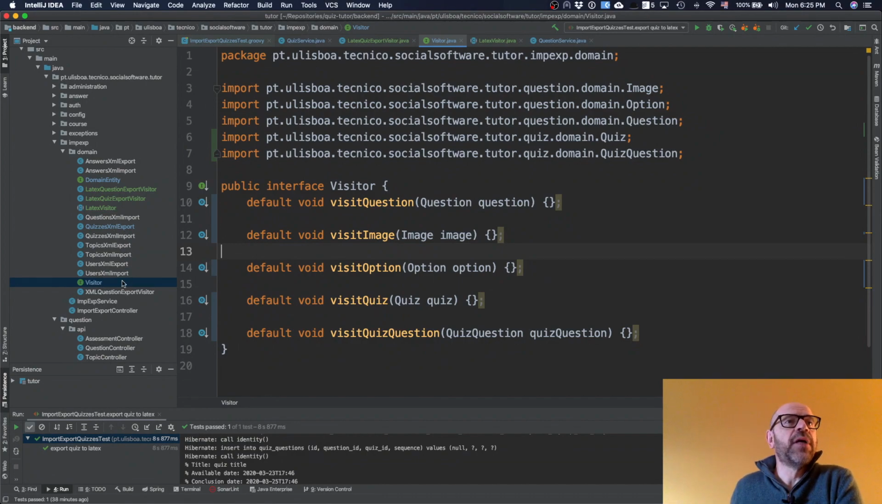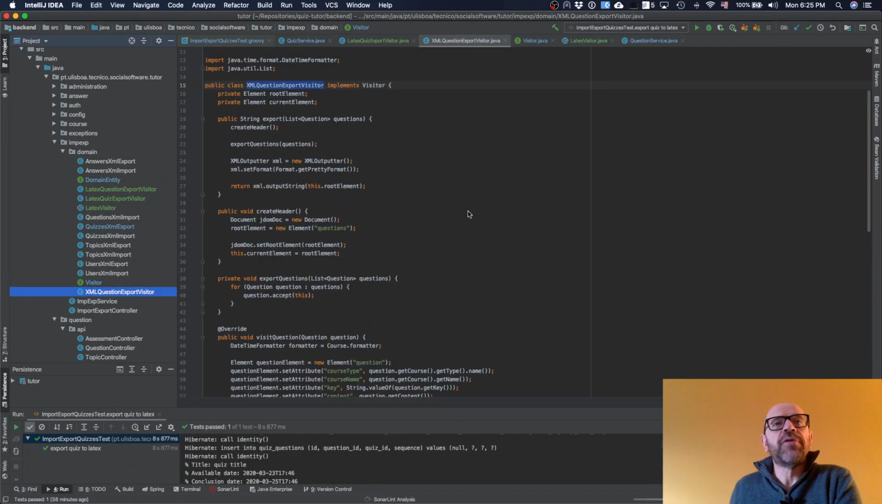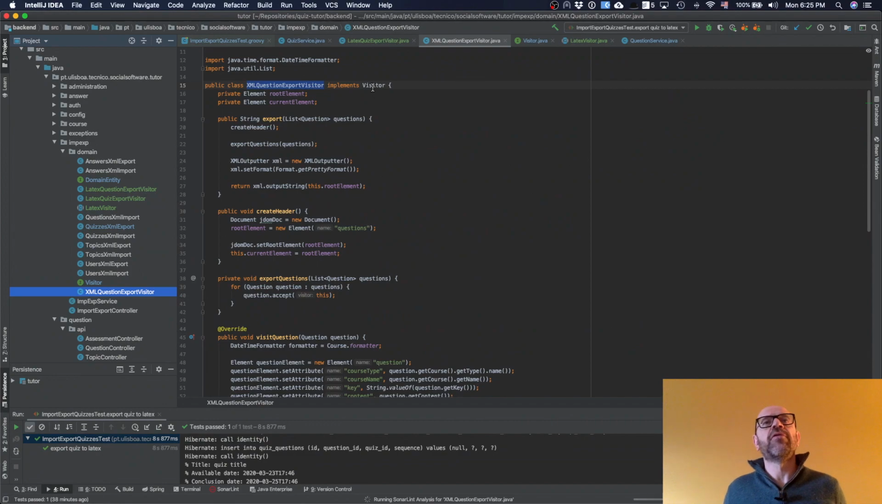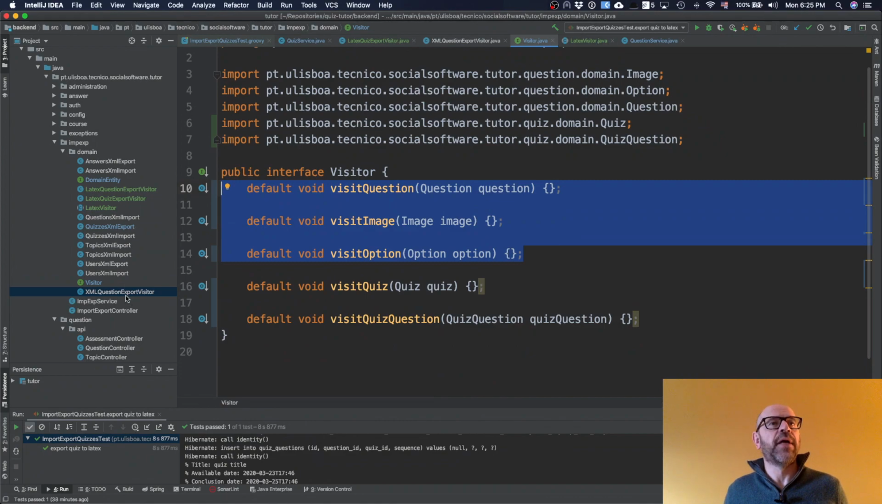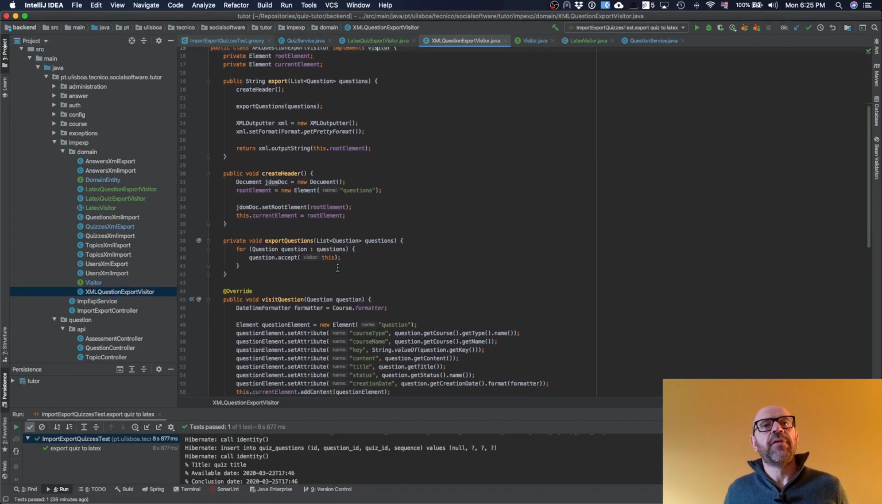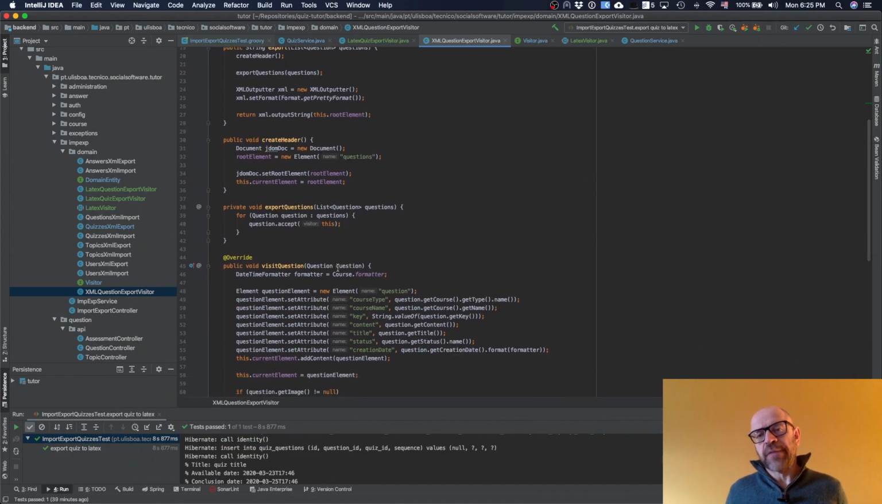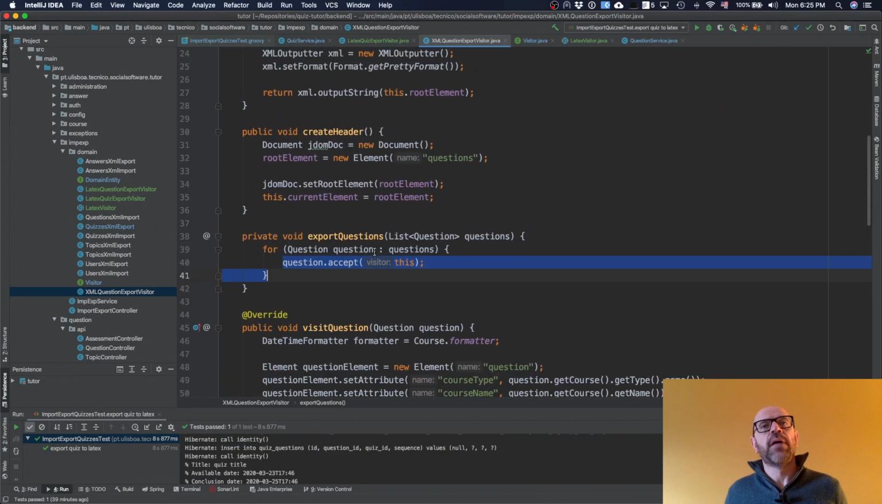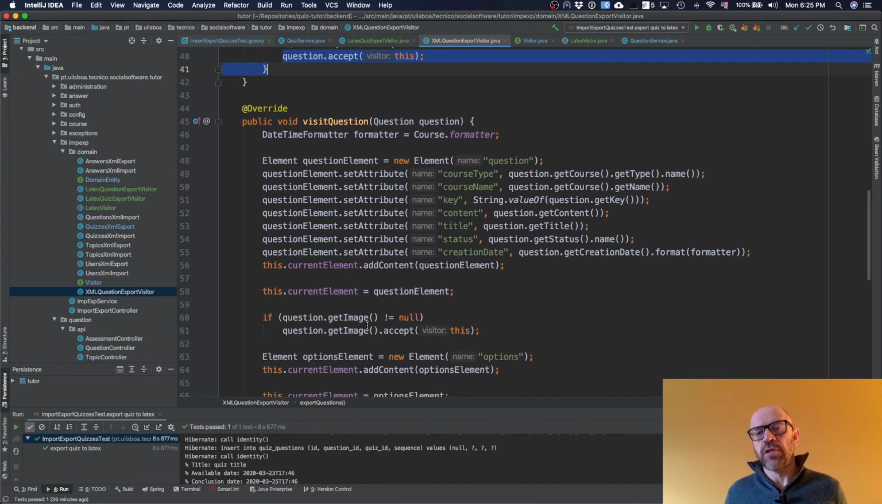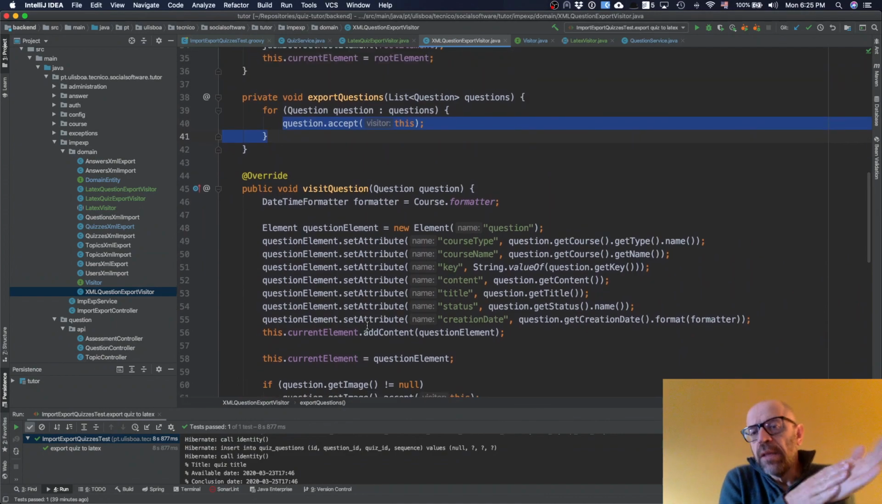Basically, I created this XML question export visitor that implements visitor, and in visitor I actually just had these three methods. Then I use visit on the domain, accept on the domain, and I receive it back here. So I accept the question there, and then I just generate the XML. But now I'm